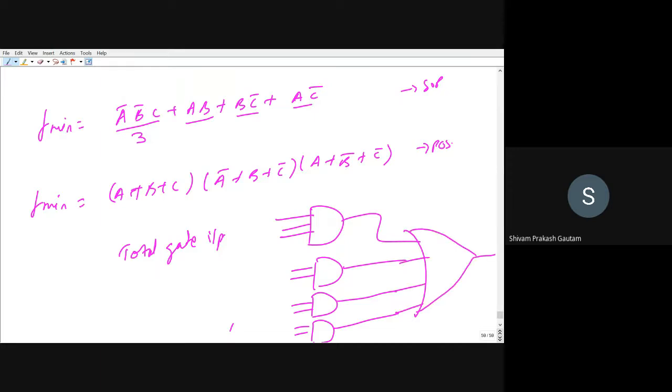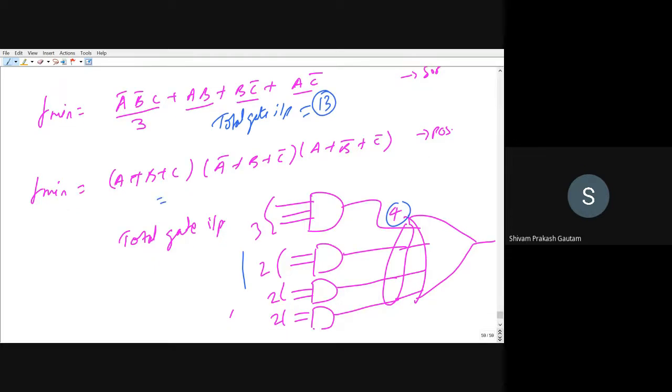So calculate here. Here it will be 3 input, 2 input, 2 input, 2 input. And to this gate, how many inputs are there? 4 inputs. So total gate inputs is how much in this case? 13. You can add all this. So 3 plus 2 plus 2 plus 2, that is 9. 9 plus 4 is 13. So total gate inputs is 13 here, right?